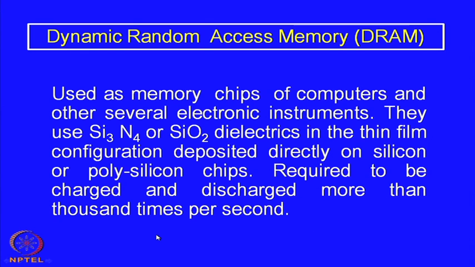So, since the dielectric layer is very thin, a fraction of a micron, the breakdown voltage is very important here. So, you have to understand what exactly the breakdown voltage of these materials is, so that there is no puncture, no short circuiting while it is used. So, the random access memory actually works on the charging and discharging characteristics of very thin film dielectric or thin film capacitors. So, the charged state is the 1 state, and the discharged state is the 0 state. That is how all the